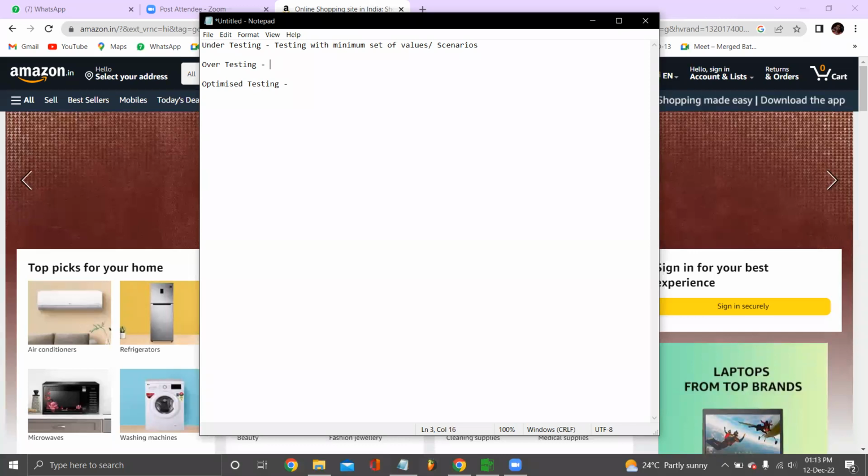Testing with repeated scenarios. Now, what is basically testing with repeated scenarios? For example, you have tested with a set of characters, nothing but alphabets. Let's say you have already tested your text field with ABC. Now you are again testing the same thing with XYZ. If you are testing the same functionality but with a different value, that is considered over